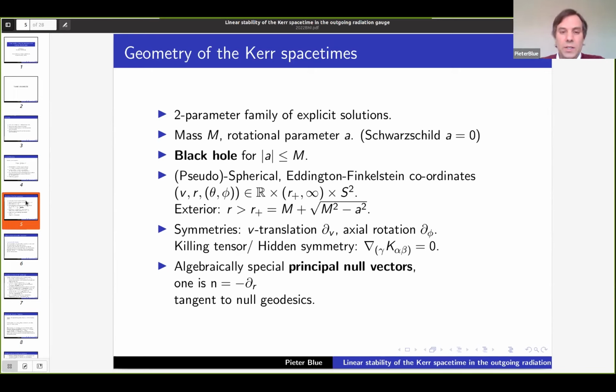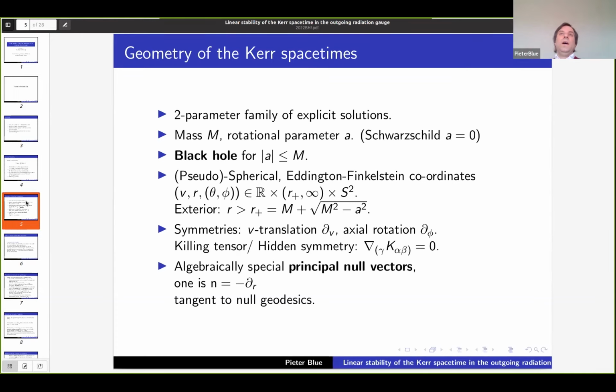There's another couple of geometric features of the Kerr spacetime that are quite notable. The symmetries are generated by Killing vector fields. These satisfy that the symmetric covariant derivative is equal to 0, and there's a generalization of that in Kerr, a Killing 2 tensor, which is sometimes called a hidden symmetry, which is a symmetric 2 tensor whose symmetric covariant derivative is equal to 0. Another special geometric feature of the Kerr spacetime is that it's got algebraically special principal null